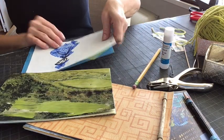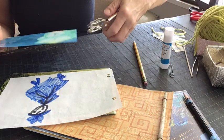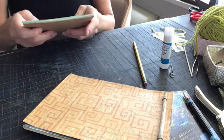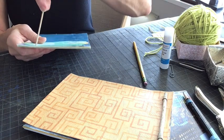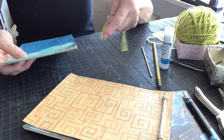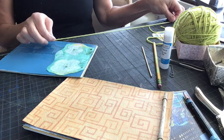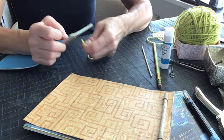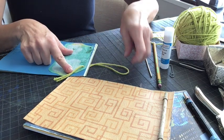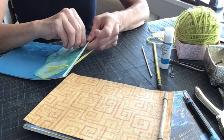Okay, then we will be ready to mark our holes and to make our holes using our single hole punch. So we line up all our holes, again using that stick or a pencil, get them all in line so that you can see through them. And then in this instance, instead of a twig, I'm using some yarn. And I've cut probably about 15 inches of yarn or string. Always want to have more than you need. You can trim the excess. And you're going to thread that through, leaving the tail. We're going to do the same thing to the lower hole, taking that loop, pushing it through,